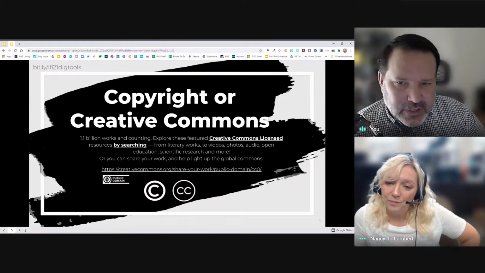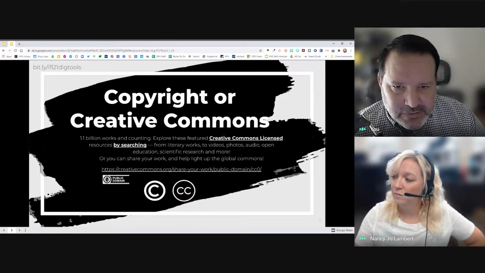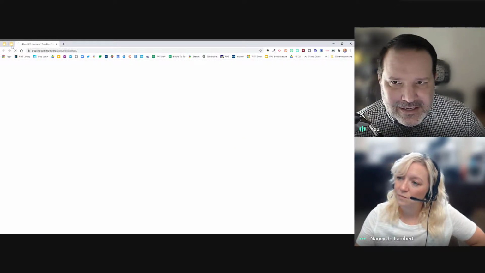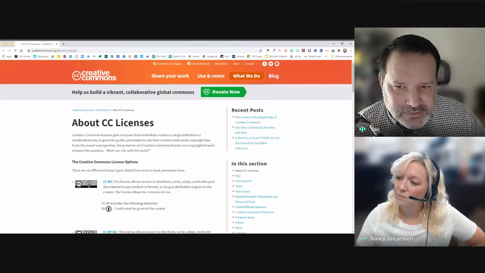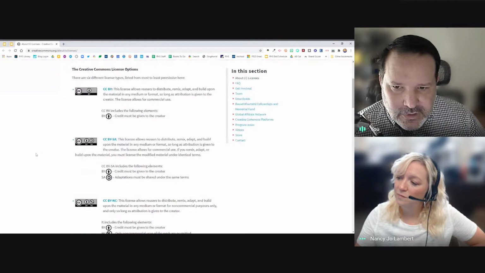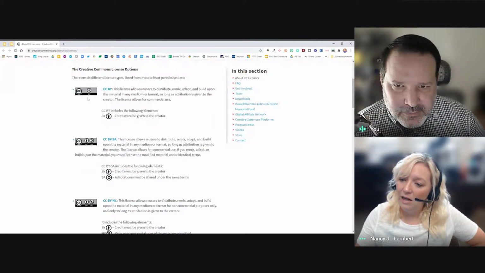But if you go to this Creative Commons website that we have linked here, the Creative Commons license right there, you can get an idea about all of the different licenses. So if you scroll down, you can see there's CC BY. So you can do it just for non-commercial.